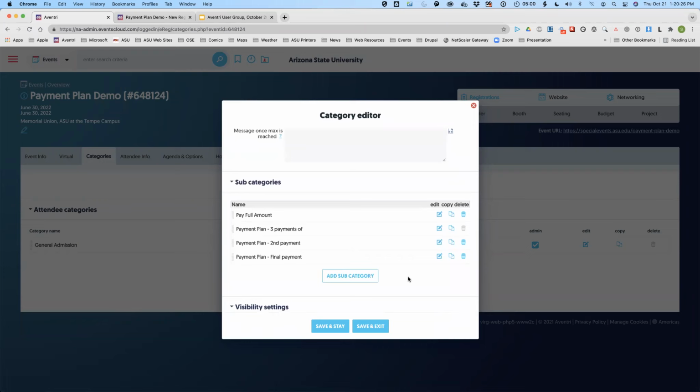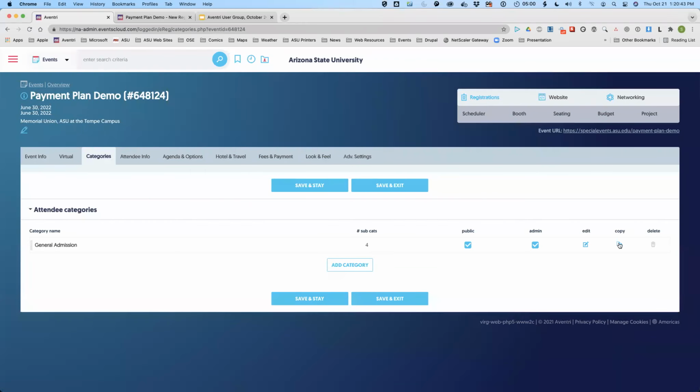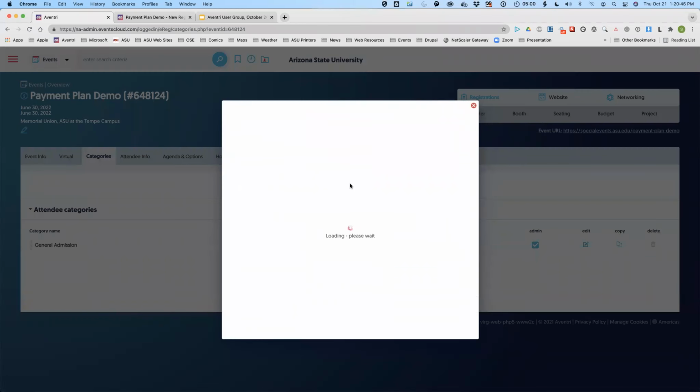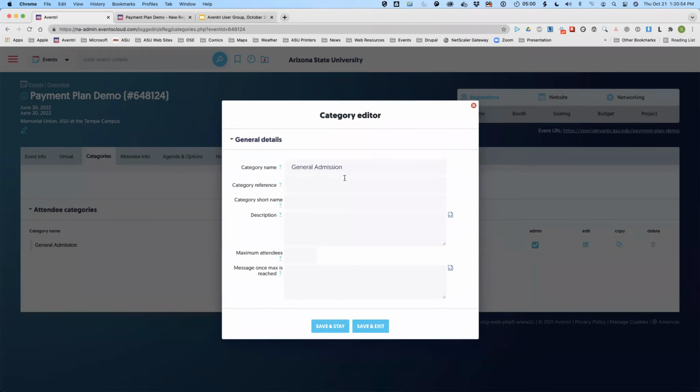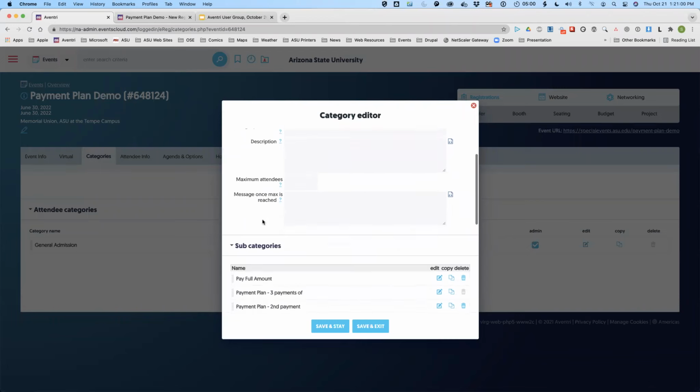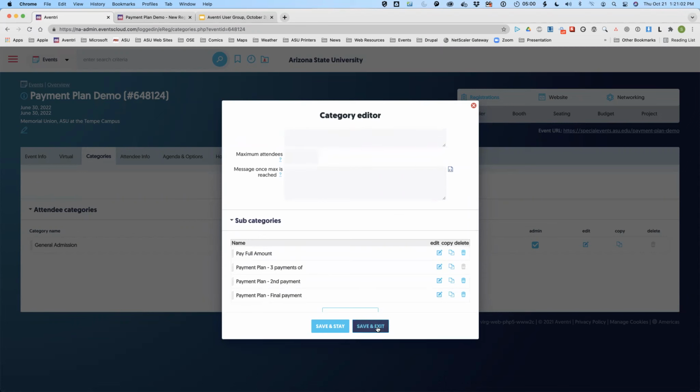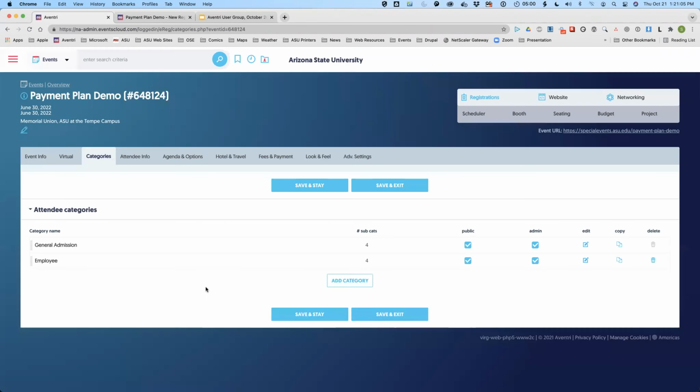Now, I usually do one of these tiers first. Now, if I didn't have any tiers, I could easily have made these categories at the top level. But again, I'm planning on doing a different tiering system. And so I do one like this, and then I'm able to clone this for my second tier. And then all the subcategories clone as well. So for my second tier, we'll call this the employee discount. Lovely. I may go back in there and change some short names for my reporting purposes so I can keep them straight. But so that was lovely.